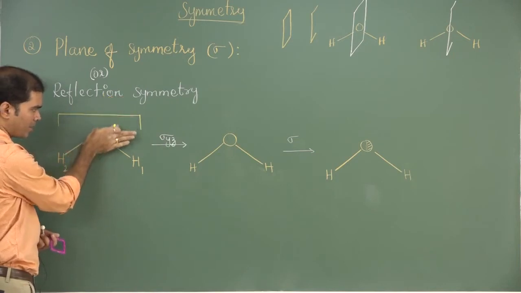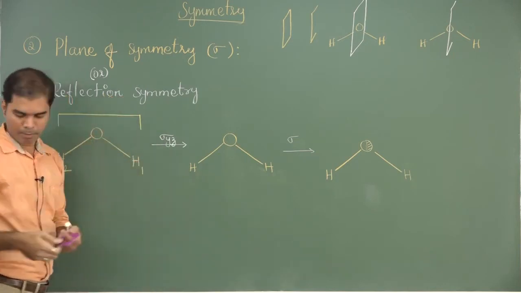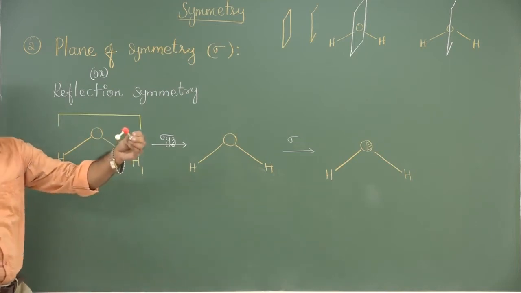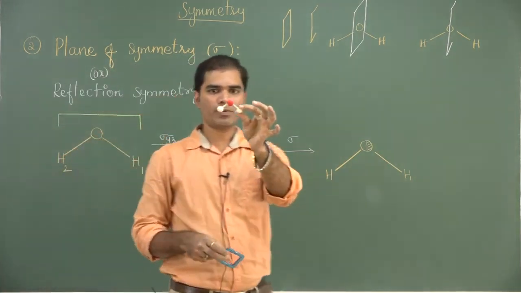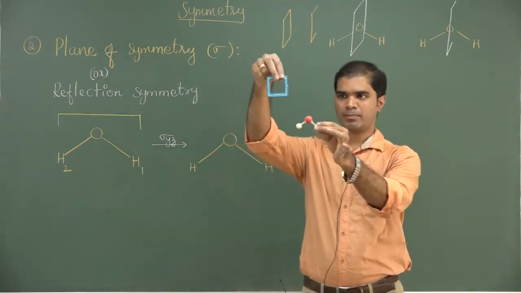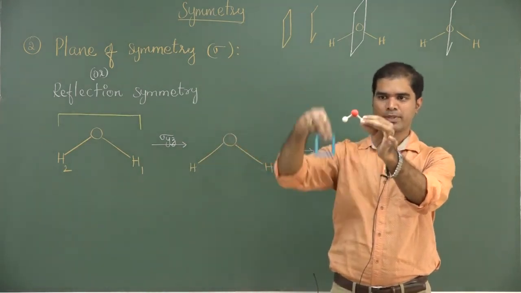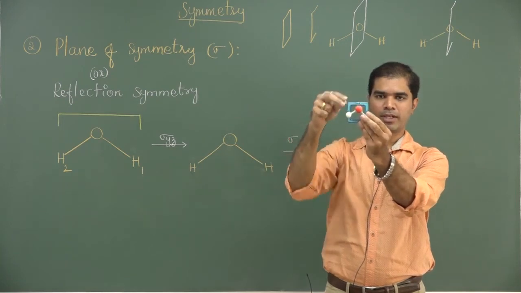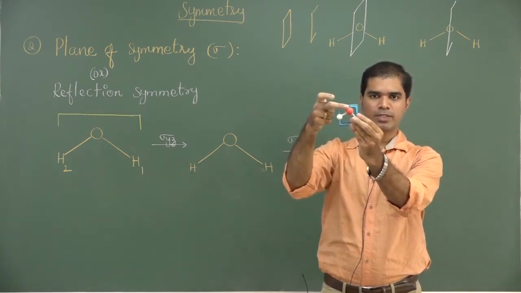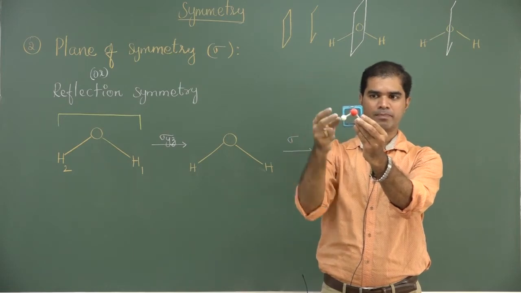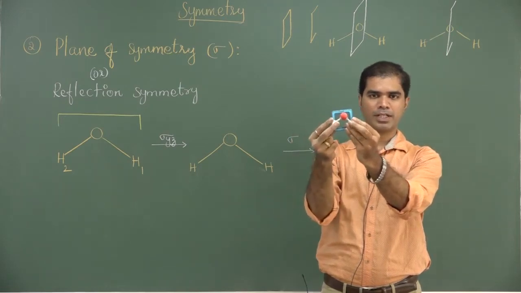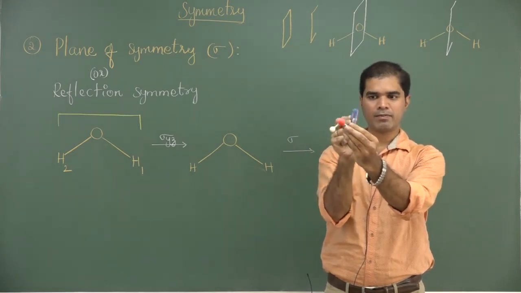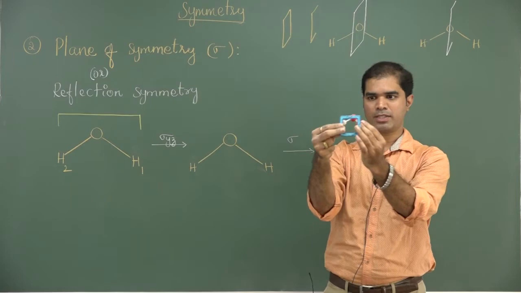Now as I am passing this plane, what is happening to the position of the atoms, you can check. This is a water molecule. Now I am passing this particular plane. So this is the imaginary plane. As I am passing this plane, what is happening? Where is the position of oxygen? It is not exchanging with any other atom. H1 is also not exchanging, H2 is also not exchanging. Had it been this plane, 1 and 2 are exchanging. But if it is this plane,